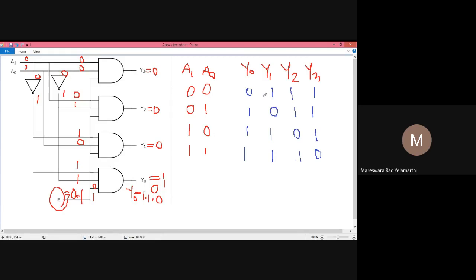If 1 indicates the high output, 0 indicates the low output. So if you go for the reverse logic, for this 0 0 combination, y naught is 0 and the remaining all are high. It means the remaining all have the logic high value and y naught is the 0 value. It is just a reverse logic. Okay, don't be confused about this one. So if you use the OR gate, we get a reverse logic output. Why do you get reverse logic output?